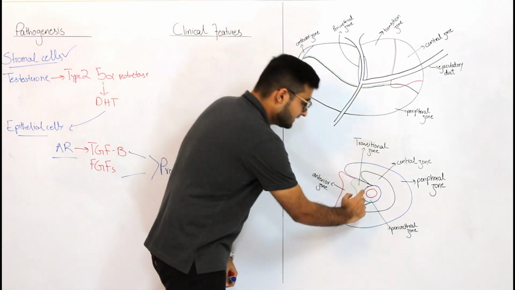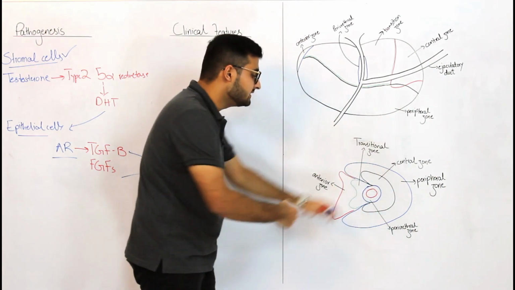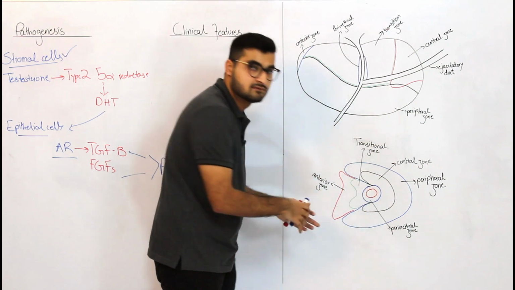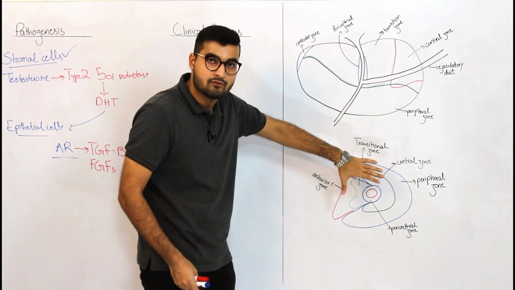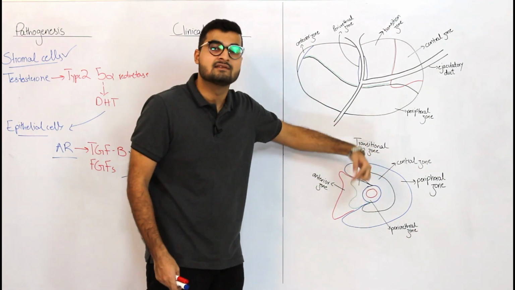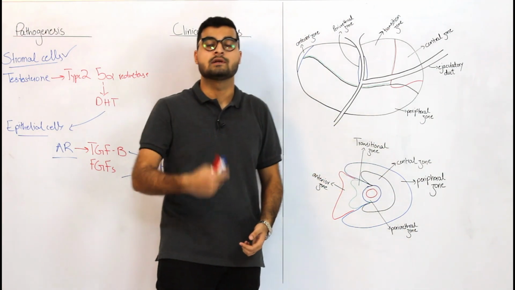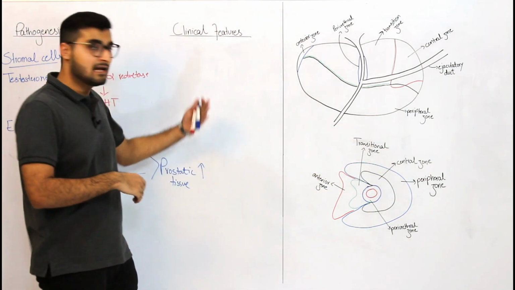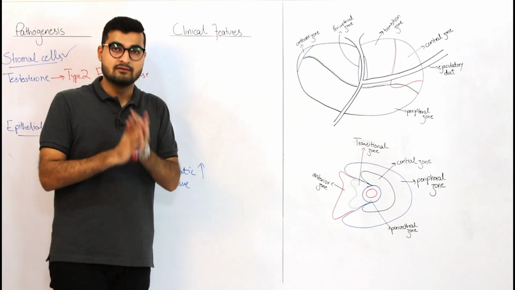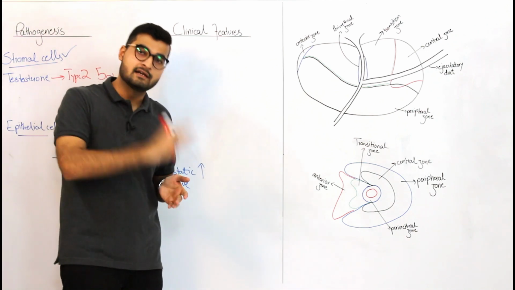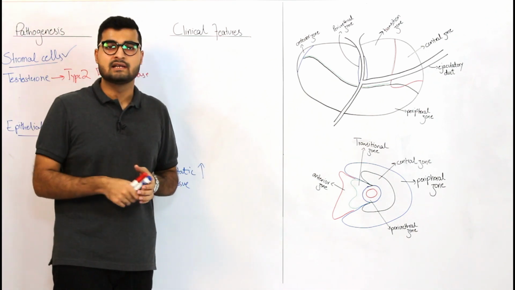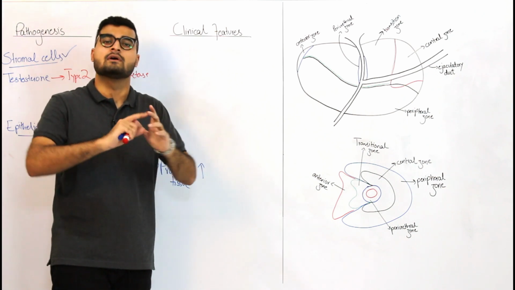Now like I said, the urethra is over here, and just anterior to your urethra you had your transition zone. So if you have increased growth over here, it's eventually going to compress the urethra in a while, and the patient is going to have symptoms. Now if you have increased growth, it could either be glandular in nature, or it could be just a fibrous tissue that is growing.